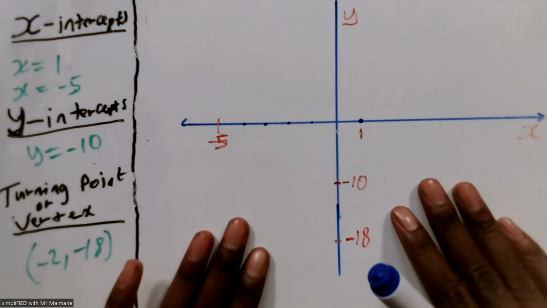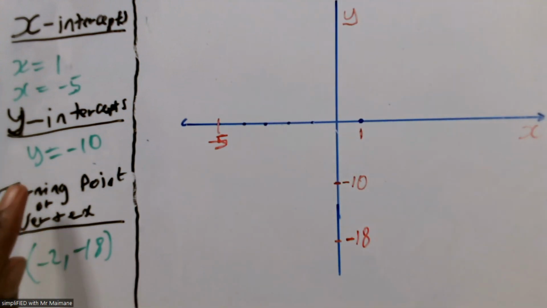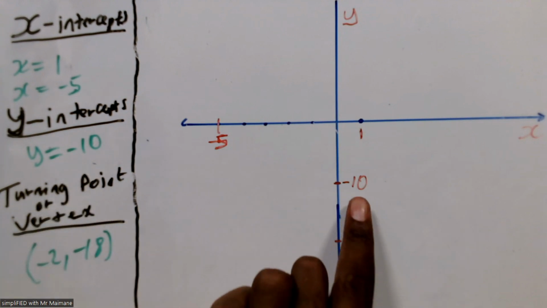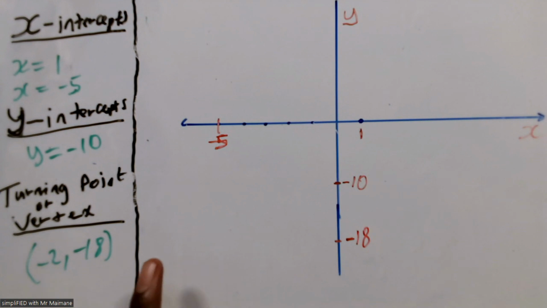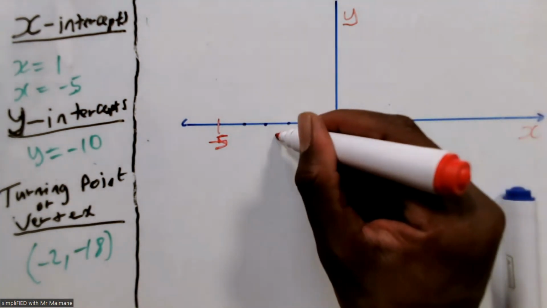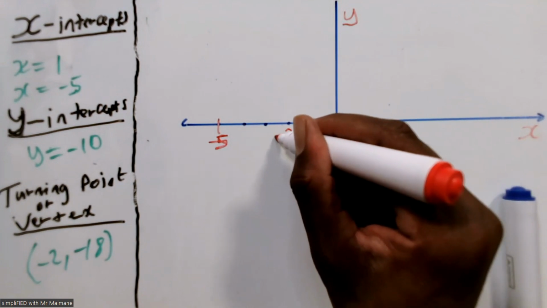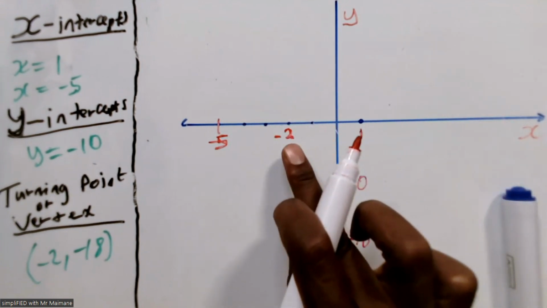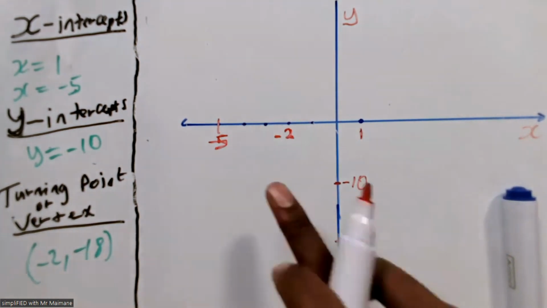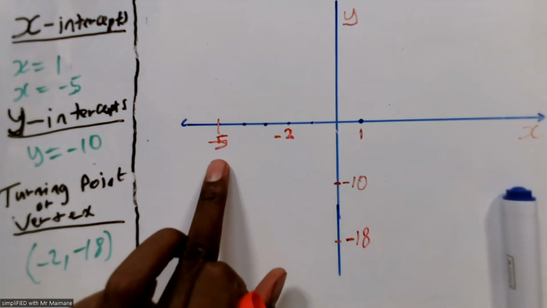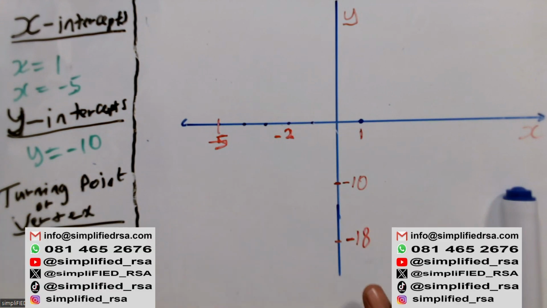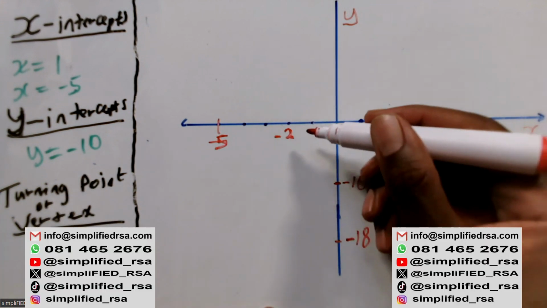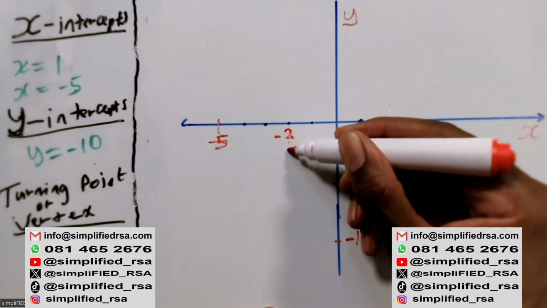So now here is my graph. I've placed all the values. Y is equal to minus 10. There is my y on the y-intercept, minus 10. For the turning point, oh yeah, I must also show minus 2 as well. So it's minus 1, minus 2, minus 3, minus 4, minus 5. So the x-intercepts are minus 5 and positive 1. Y is minus 10. And then for the turning point, our turning point is going to be minus 2,